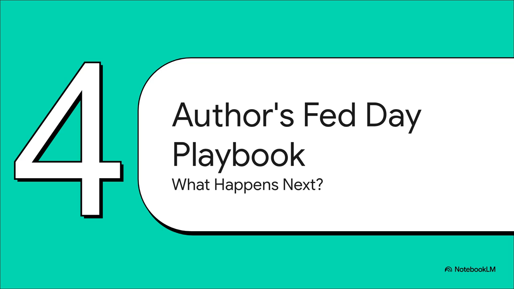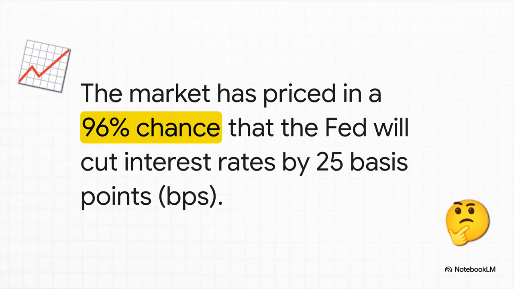Now, his analysis doesn't just look at the past. This article was written on Fed Day, right before a major interest rate decision was announced. So he also lays out a kind of playbook for what he expects is going to happen next. First, let's set the stage. The author notes that the financial markets have already pretty much priced in a 96% chance that the Fed is going to announce a quarter-point rate cut. That's 25 basis points. This means the cut itself isn't the real surprise. The real action, he says, is going to be in the little details of the announcement.